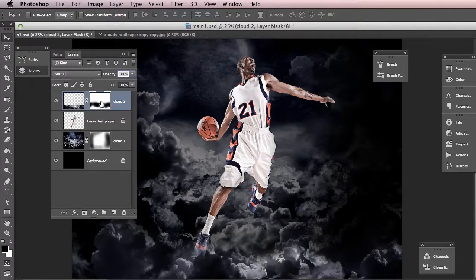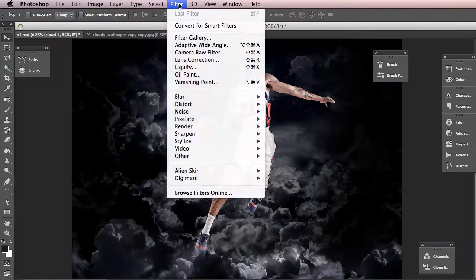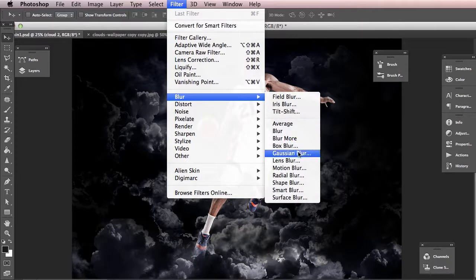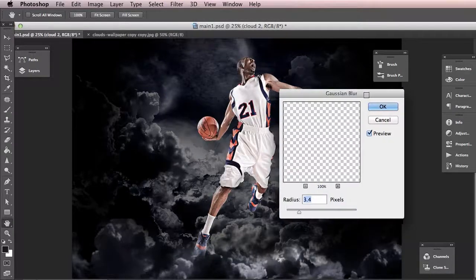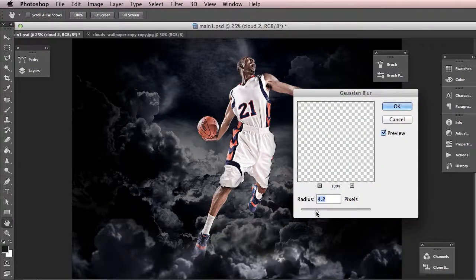So again, let's choose the main image here, and let's close that down. Go to filter, blur and Gaussian blur,